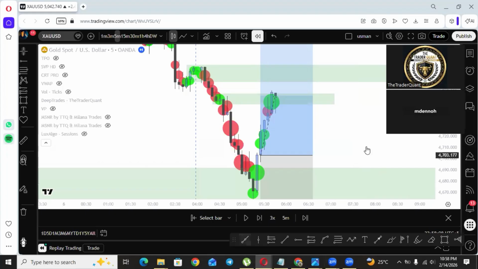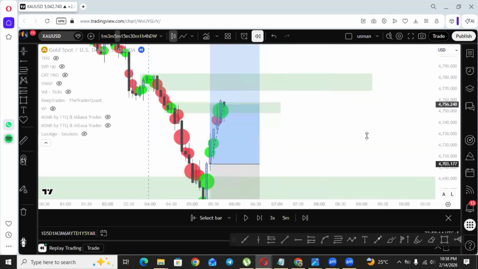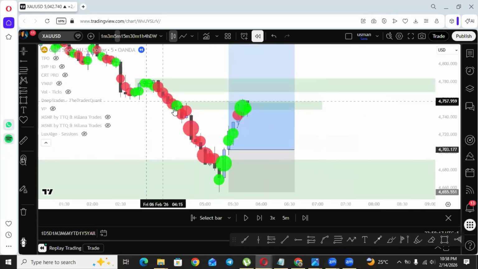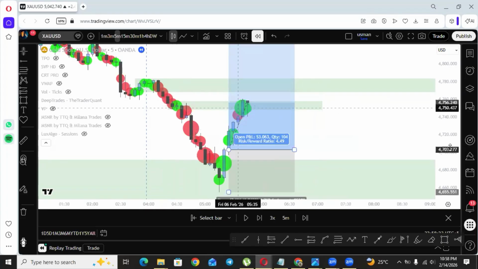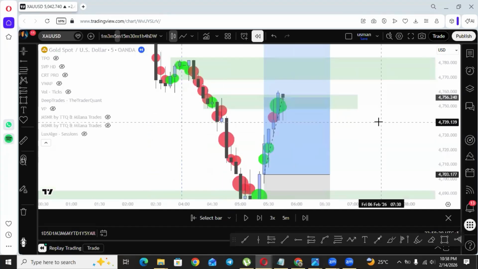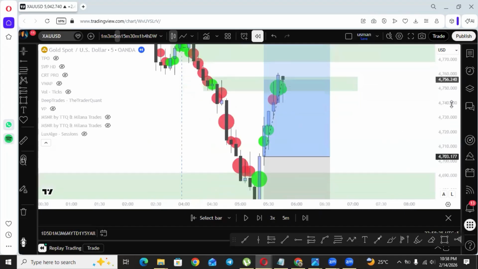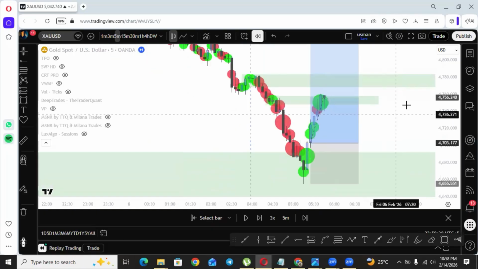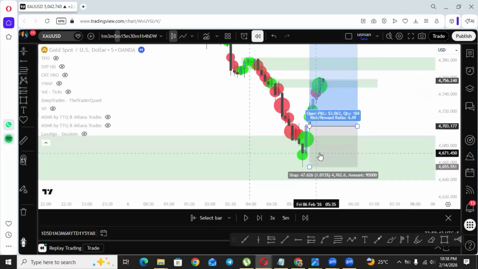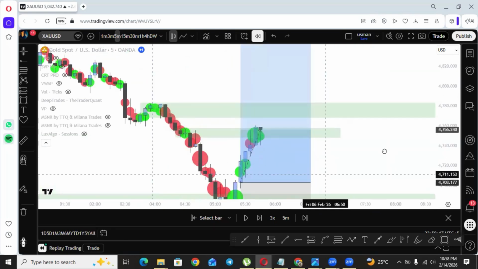So where are we? This was the point where the seller had previously absorbed the buyers. So if we are getting some kind of retrace at this point, it makes sense, because this is the area which sellers were protecting. But we have to stick with our bias. We have our bias for the day, and the market is respecting that. So we have to be confident with our bias. So let's play the chart and see what the market is doing.